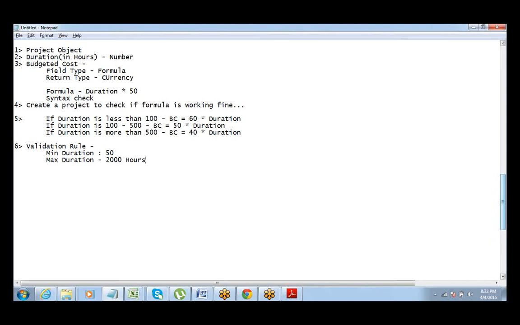Okay. So can we quickly do this validation rule? So we just need to go to setup, create object, project, and define the validation rule. Please create the validation rule. In the meanwhile, I will share this PDF with you all.